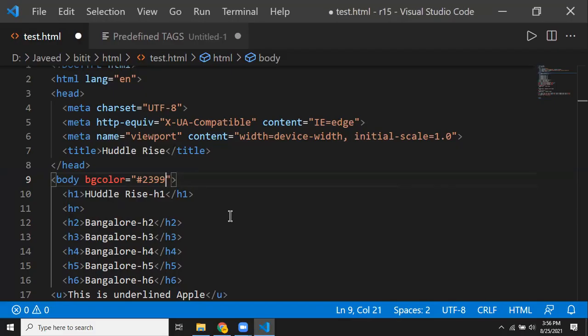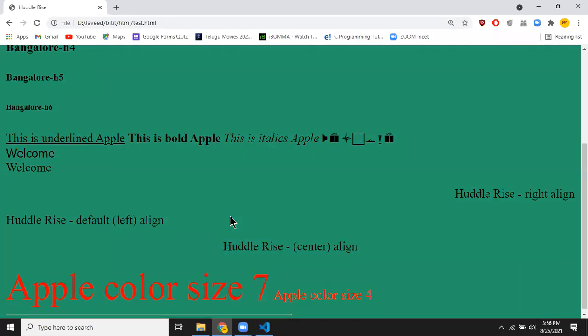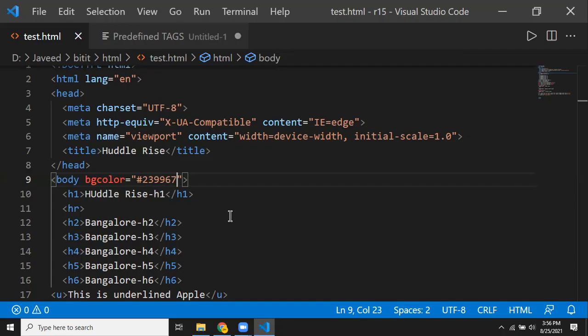Now I don't want this domination either, I want some other value for this one also. Then because of the combination, you get some other colors. So based on the color combinations you are using, the output is going to be different, the colors will be different for us. That's how you can use different combinations of colors and get different colors.